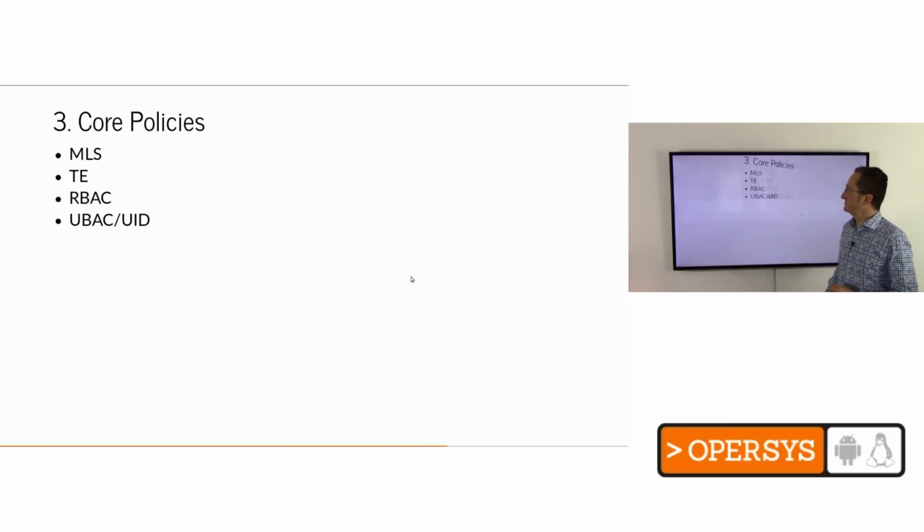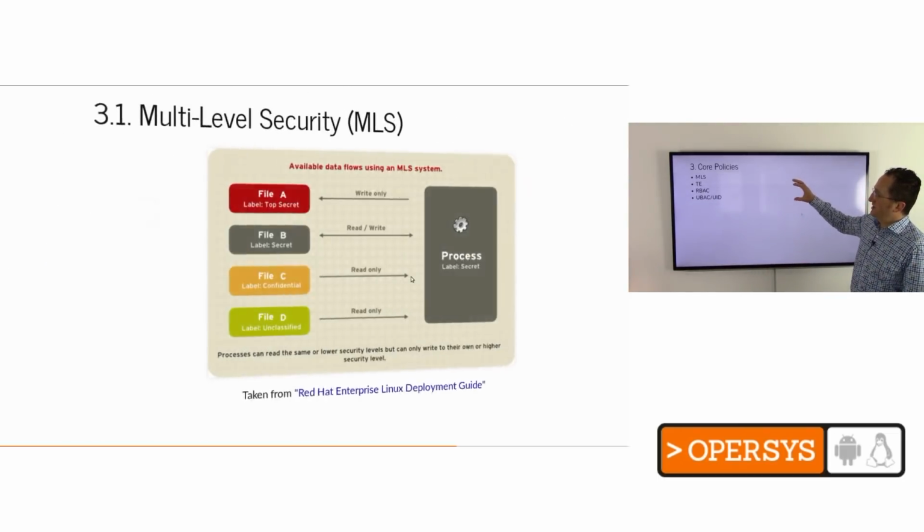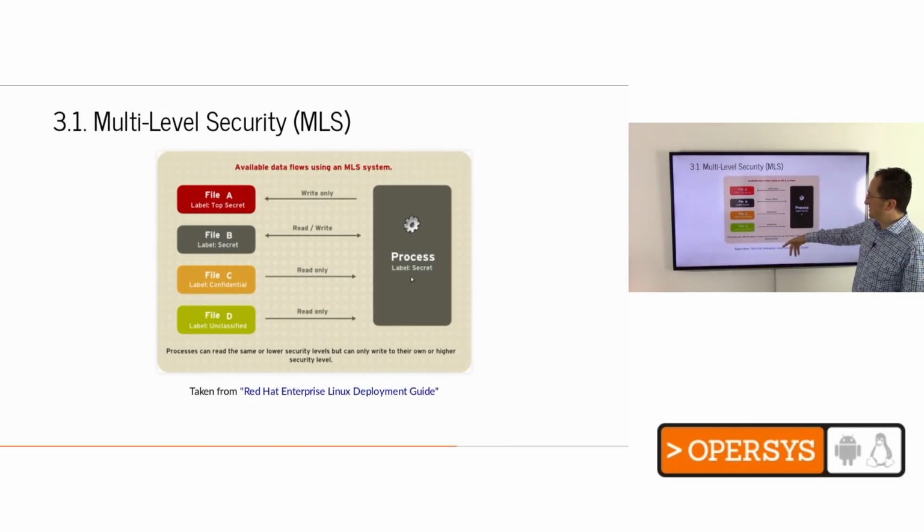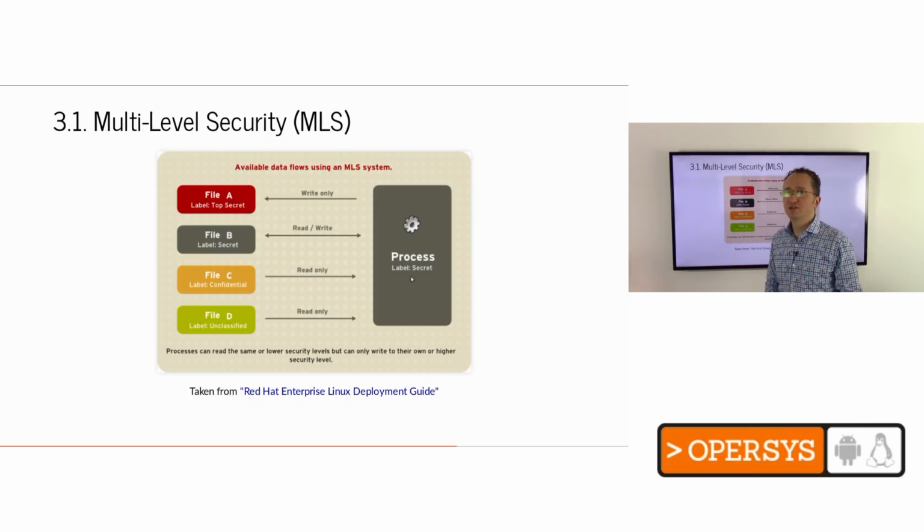Right. All right. So the core policies, MLS. So multi-level security. This is a diagram from a Red Hat presentation. Effectively, multi-level security is one of the first attempts at creating secure computing systems. And the idea here is, think of it in military terms, right? You have a senior staff that can read reports from less senior staff, and less senior staff can write reports to senior people, but can't read the reports that are written by more senior people. That's really this multi-level security thing here, right? Think of general versus colonel versus soldier, whatever else, and what they could and could not do with regards to actual